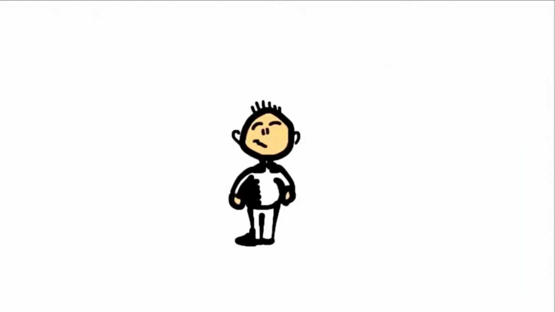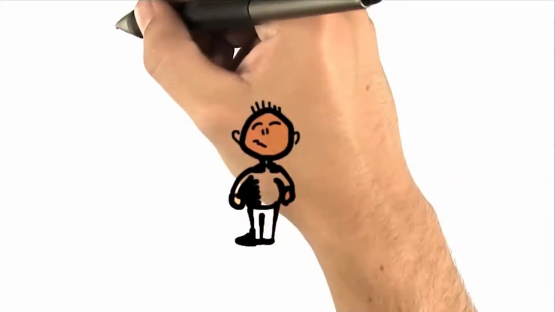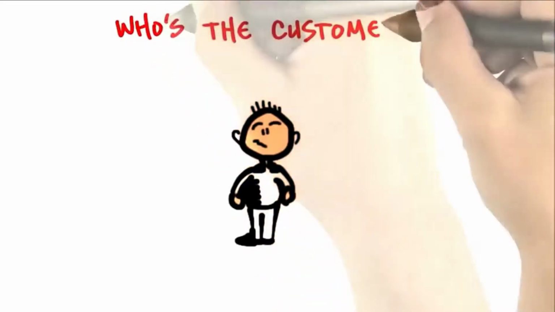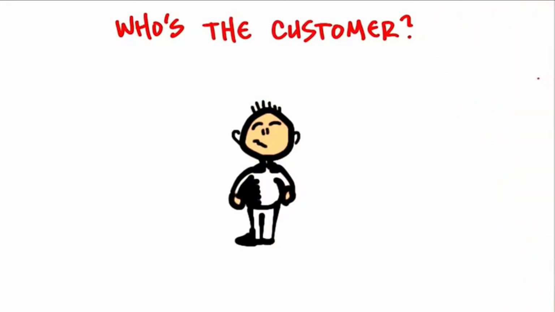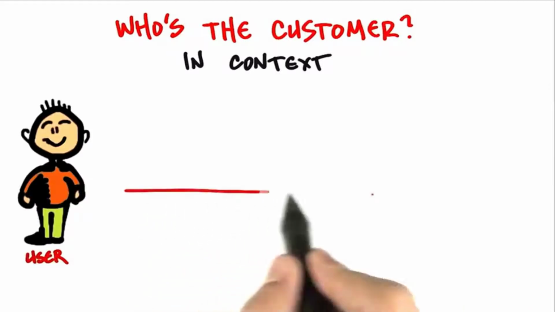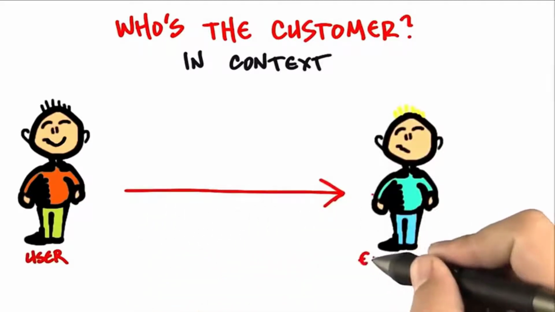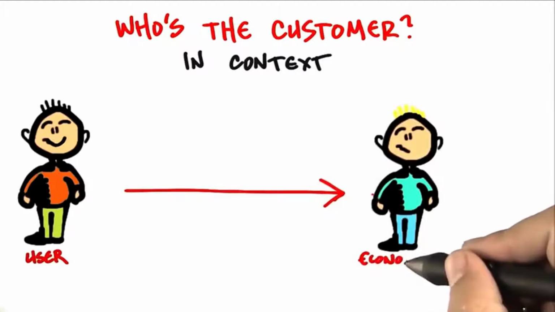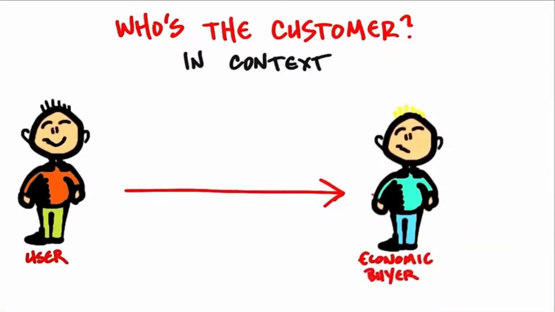There are some other things to consider in customer segments besides jobs to be done and pain and gain, and that is, who's the customer? I thought we just defined the customer. It's the archetype, it's the persona. But sometimes who's the customer in context is really what we need to know. In corporations, it's pretty easy to understand that you might have someone who uses the product, but they might not be the person who pays for the product. So there might be someone up here, the payer, let's give them a fancy name and call them the economic buyer. So we might be buying software for accounting to use, but it might be the chief financial officer who has to sign off for that.